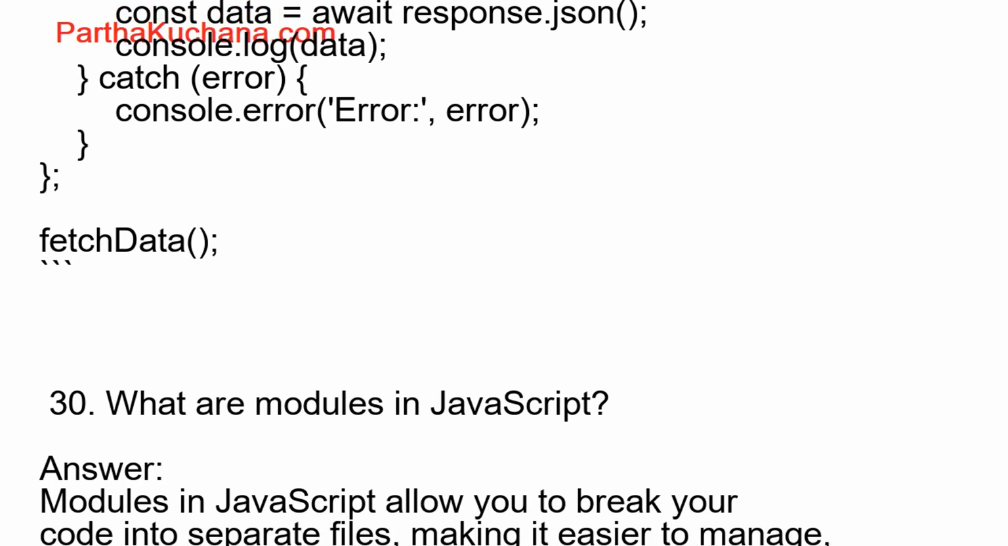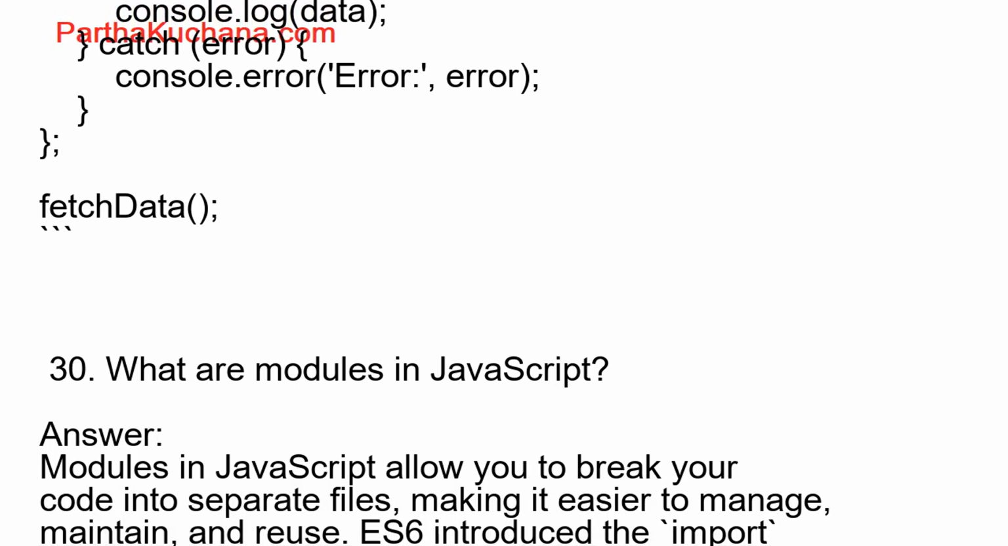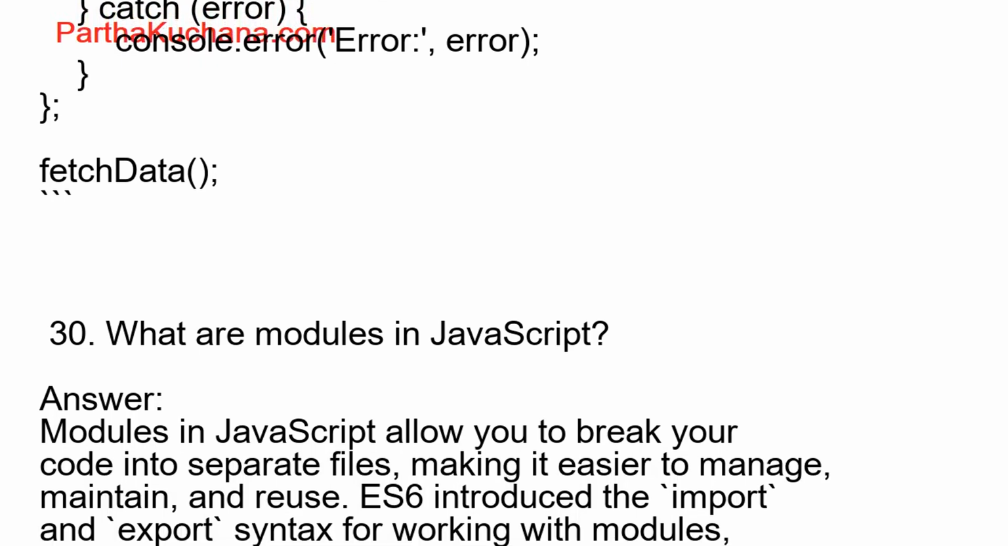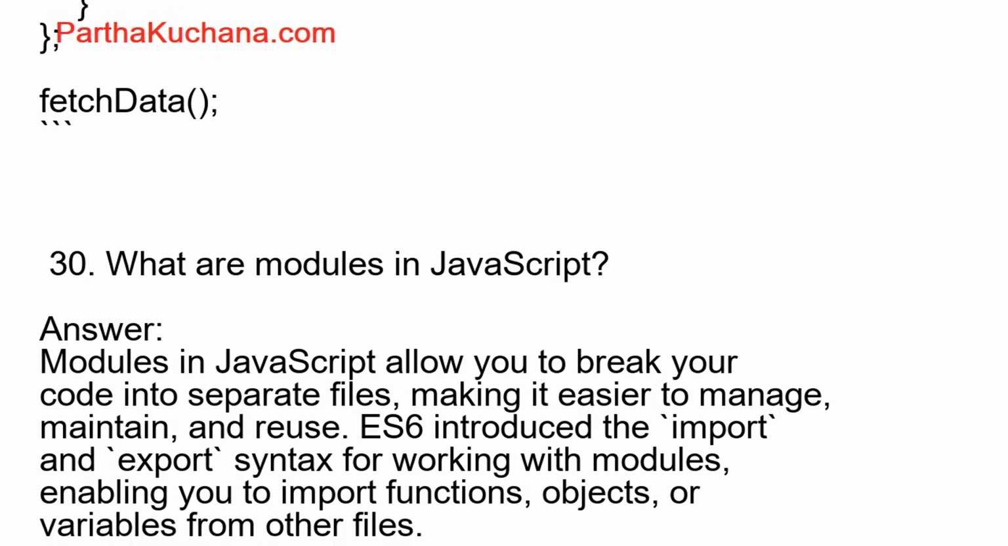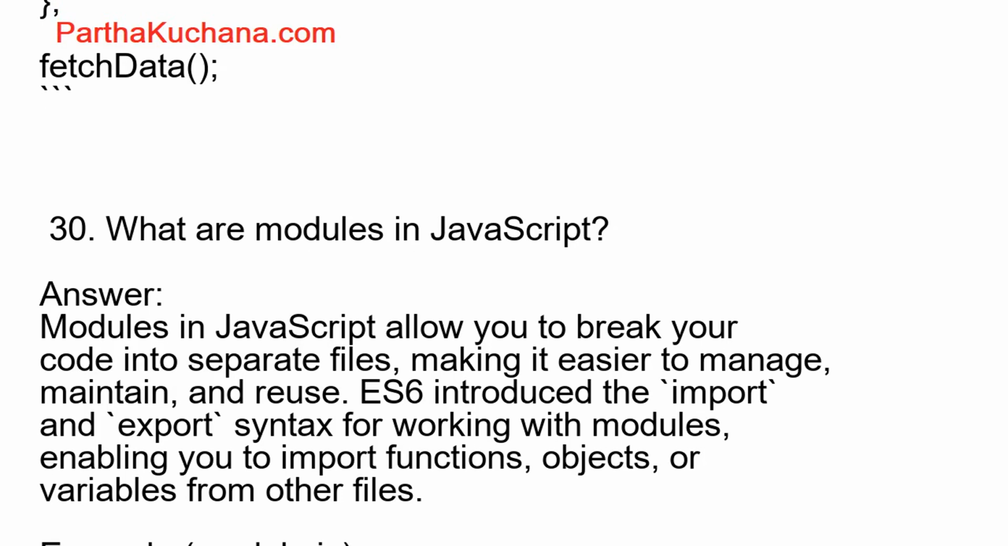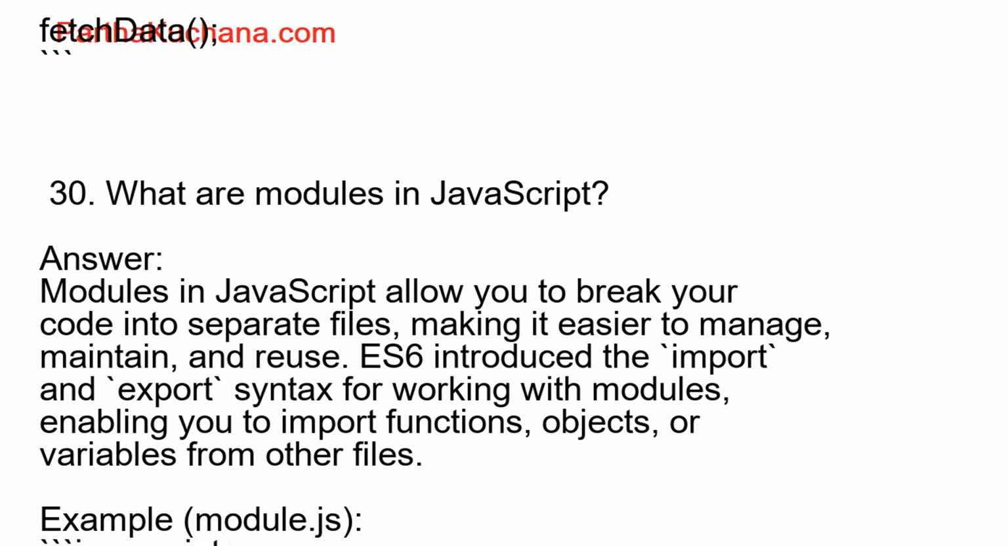32. What is the difference between null and undefined in JavaScript? Answer: null is an assignment value that represents the intentional absence of any object value. It is an object type. Undefined is a type itself, undefined, and indicates that a variable has been declared but has not yet been assigned